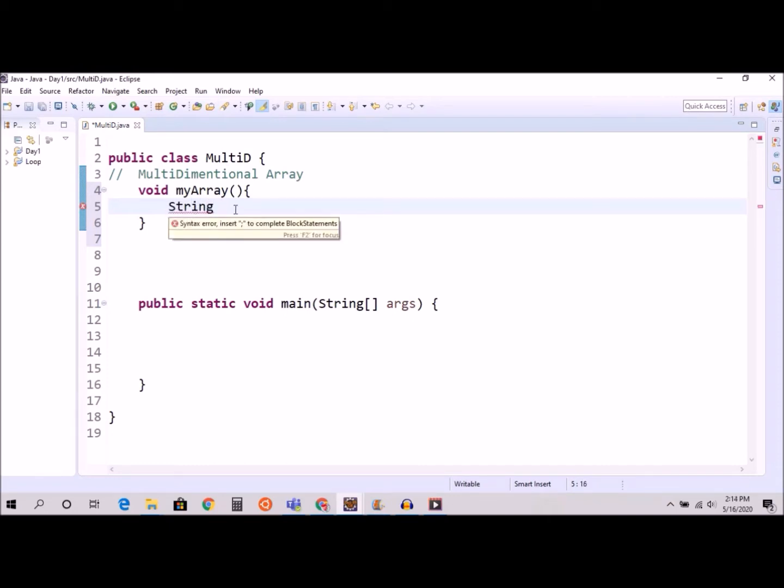The name of my variable will be student marks, or let's make it short, studentMarks. And we already made that square bracket, but since it's a multidimensional array, we're going to use a double square bracket, equal to,